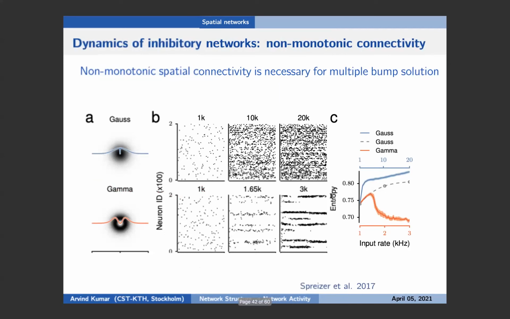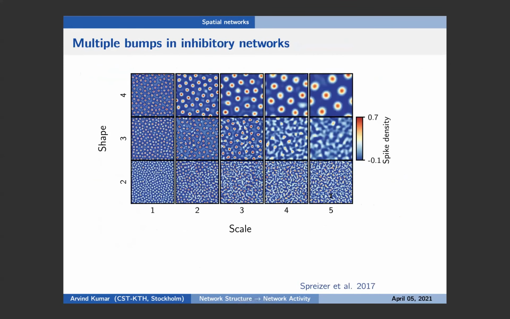And you can better appreciate it in these spatial average plots, where we can now vary the properties of the donut by changing the parameters of the gamma function, shape and scale. You can get different kinds of patterns. But essentially what is happening is that as you change the scale, you're just changing the frequency of these patterns, nothing else really changes. So the heuristic is correct that non-monotonic connectivity is crucial for spatial patterns.